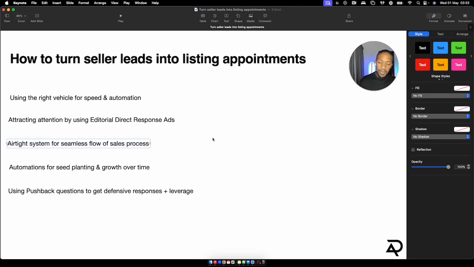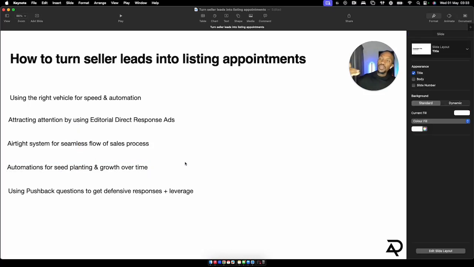All right. Then the last two, which is basically automations for seed planting and growth over time. So what I mean by that is you're not going to convert every lead into a listing appointment. That's just how business works, okay? However, in order for you to ensure that you're getting the maximum amount of appointments, it's very important to have automations in place that are going to plant the seeds so that once they are ready to sell,